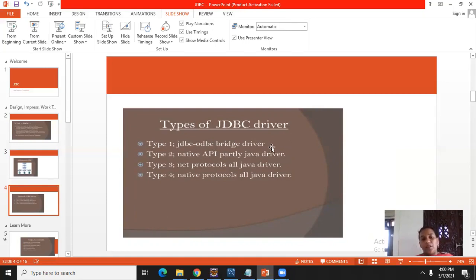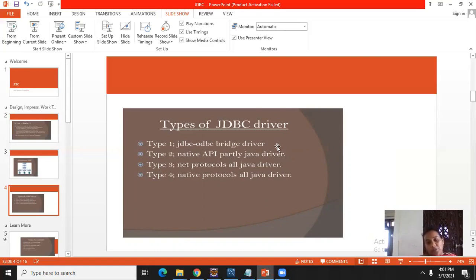An example I can take is Chinese people and Telugu people. Chinese people don't know Telugu, and Telugu people don't know the Chinese language. Both will carry Chinese-to-Telugu and Telugu-to-Chinese dictionaries. Every time, for every command, they will search the dictionary, find out the meaning, and then execute the command. So it will take a lot of time. The logic is very simple, but it takes a lot of time. That's why it is not suitable for bigger applications.